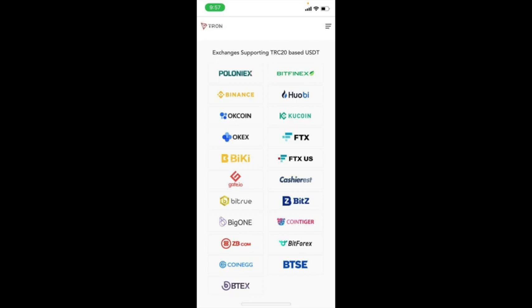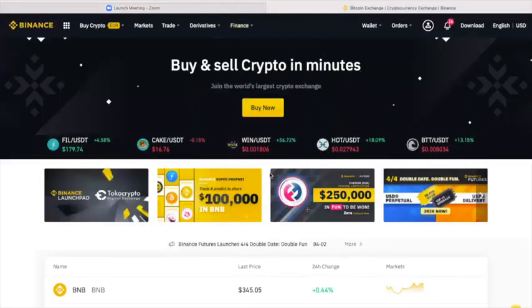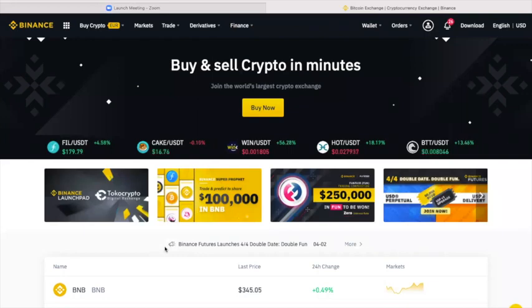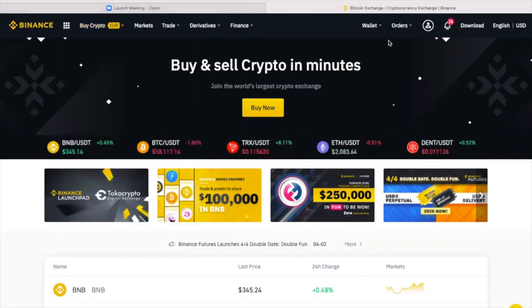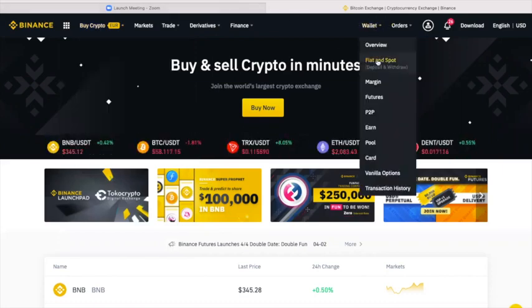In this example, I'm going to use Binance. You see, I've got my Binance, which I'm already logged in. When you create an account, this is what it will look like once you're logged in. You can go here and go to buy crypto, but there's an easier way to do it. If you go to wallets and choose fiat and spot,